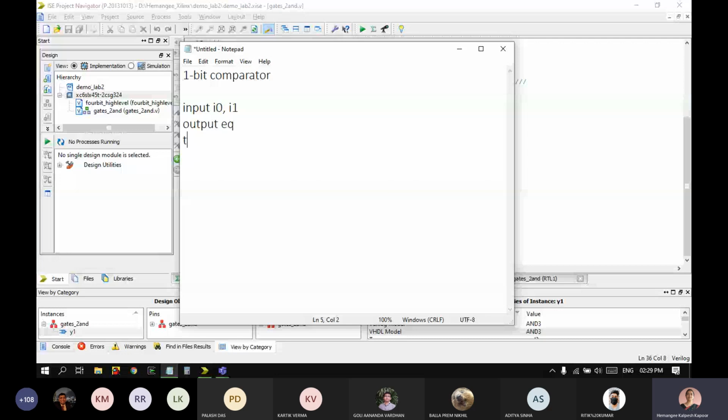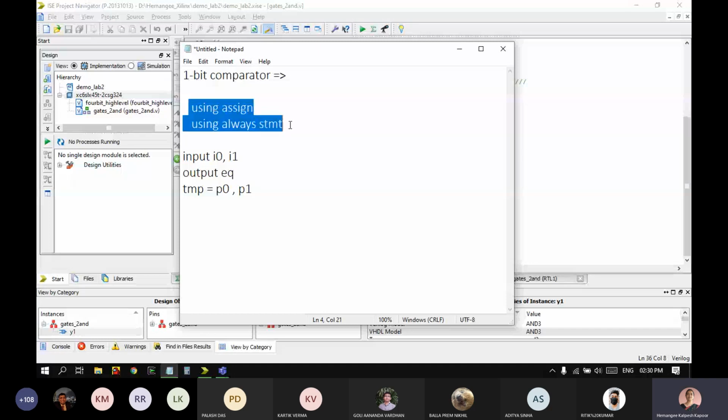So as a self-study assignment, you can do this 1-bit comparator using assign and using always statement. As a homework assignment, you can design the 1-bit comparator which has these inputs I0, I1, output EQ.